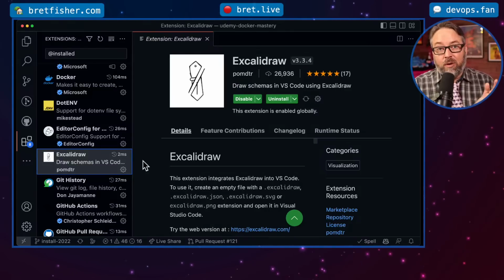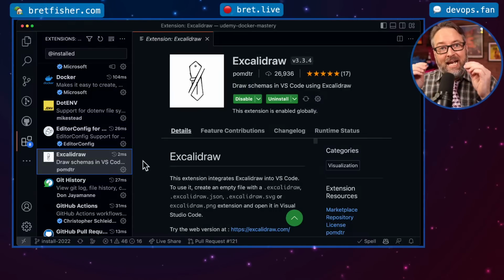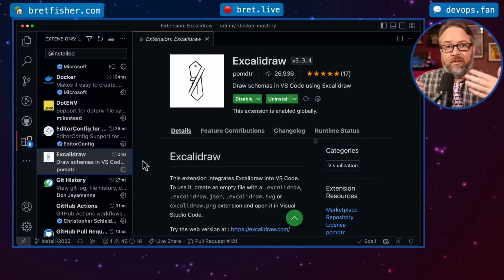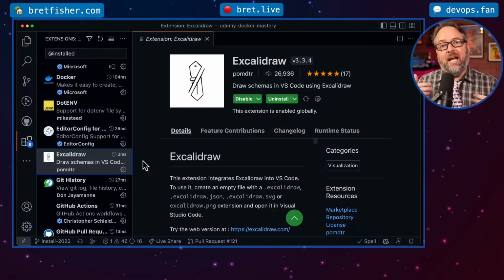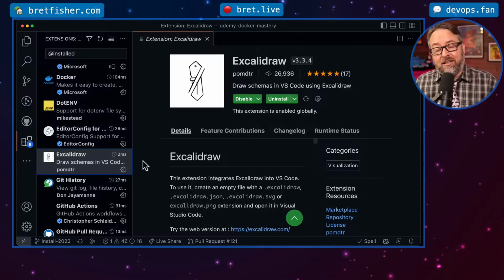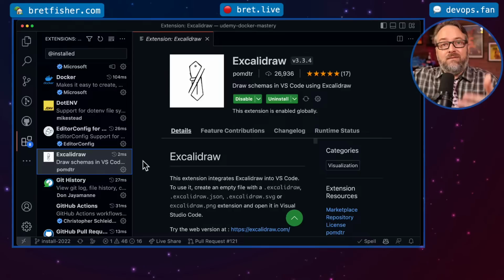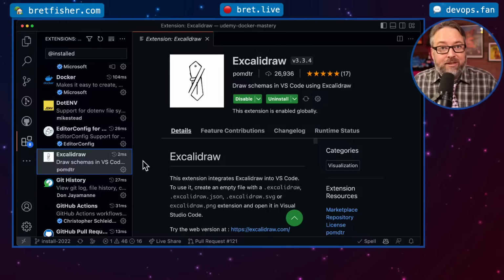But if I want to store a PNG in a repo, and then I want to edit it later, I can edit it like it's the source file, and it keeps all the layers, all the colors, and Excalidraw does that internally. It just throws in basically the Excalidraw file. It throws that JSON file into the PNG metadata. So that means I can give you a PNG, and you can edit it as like a network diagram,